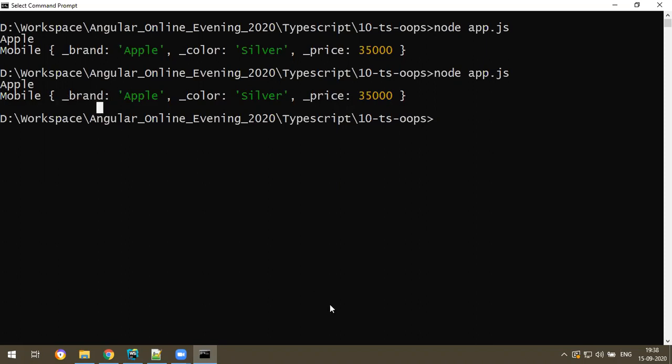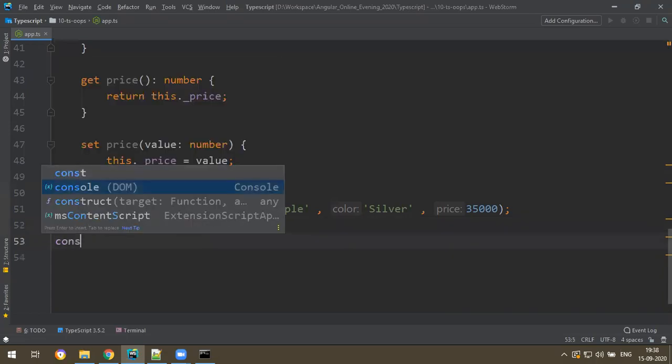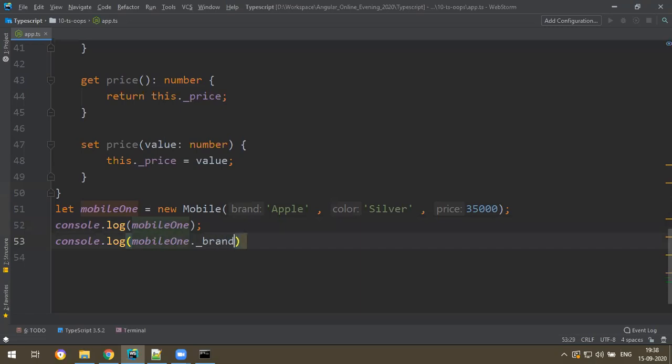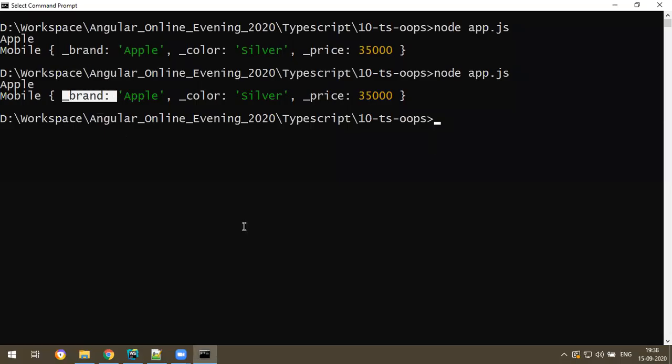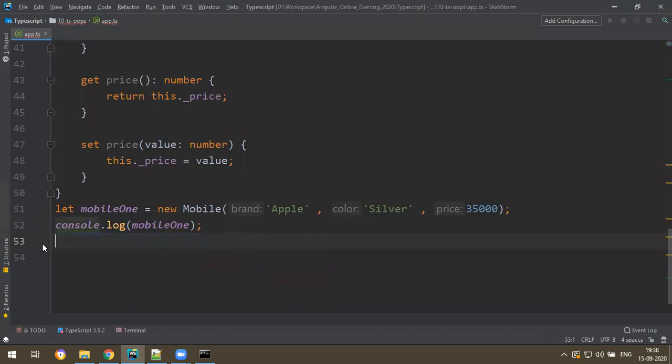So how to access it here? mobile._brand. But here, can I say console.log of mobile1._brand? You get the error. You can't access _brand like that.